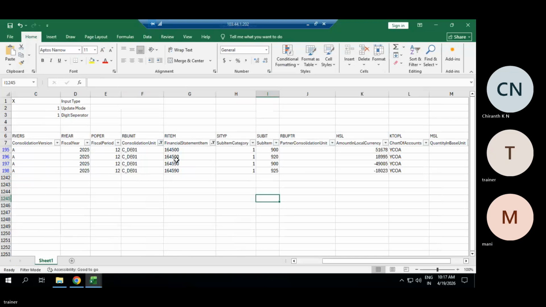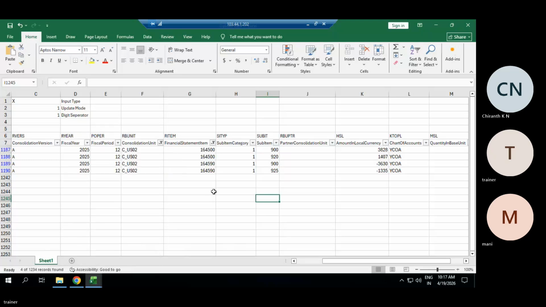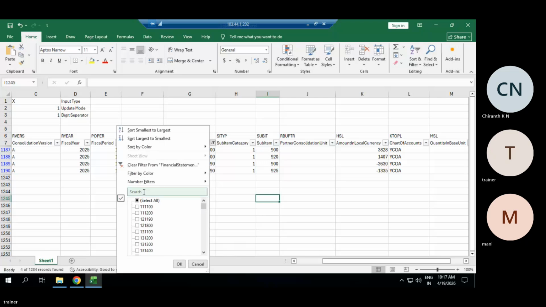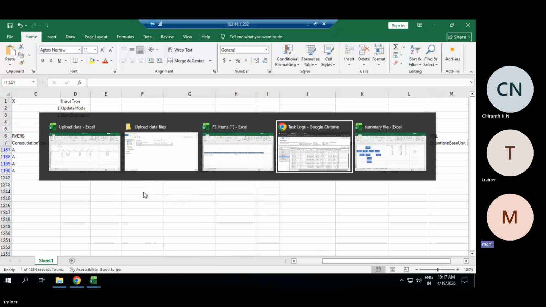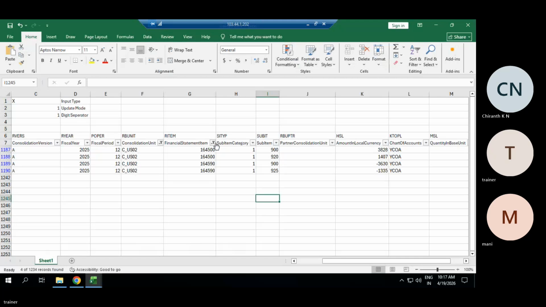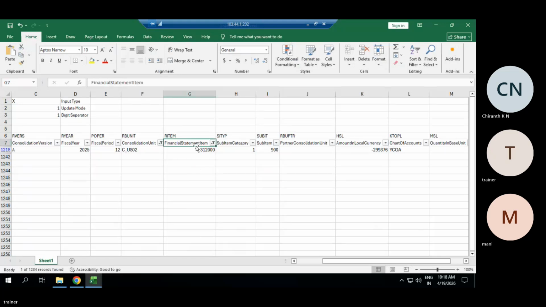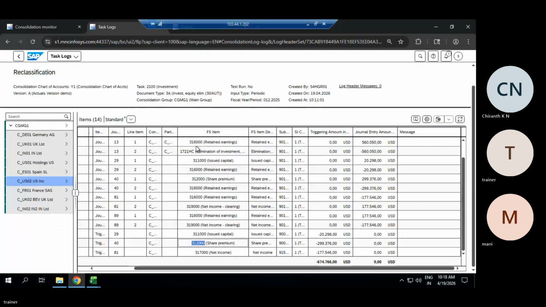If I filter based on US02, my financial item 312000, this is the value, 299376, 299, right? Share premium. Issued capital is this one.